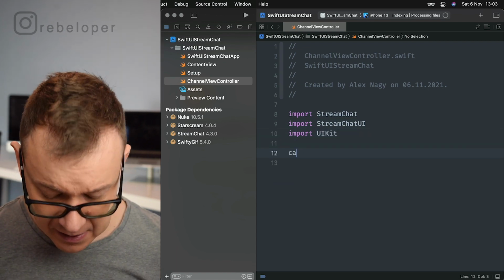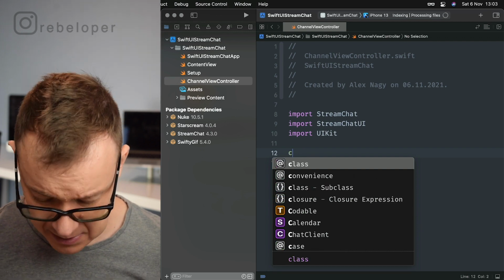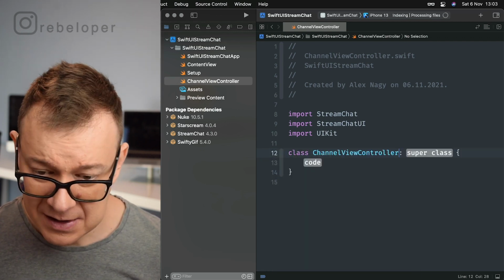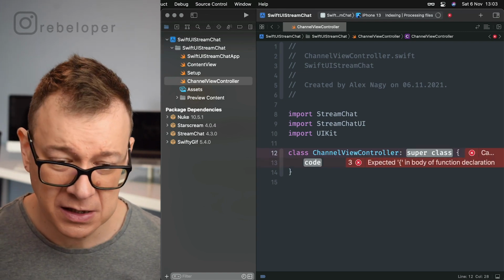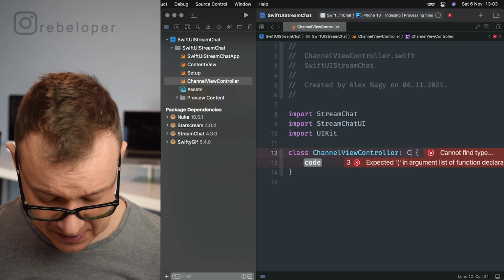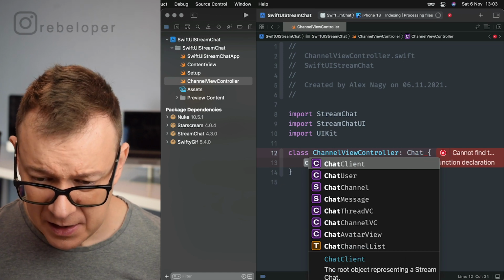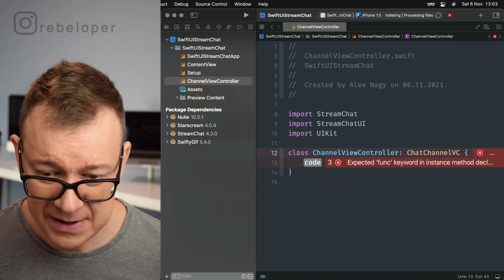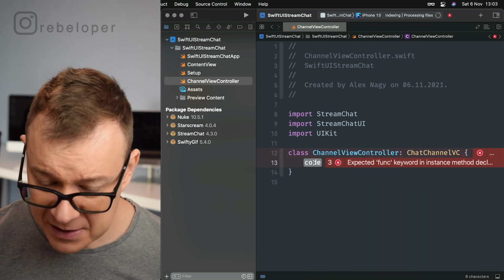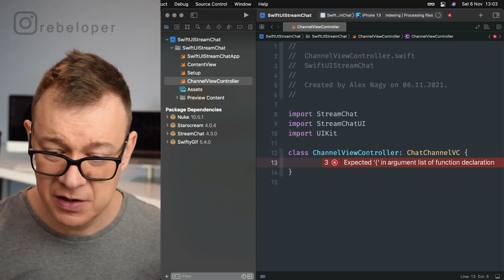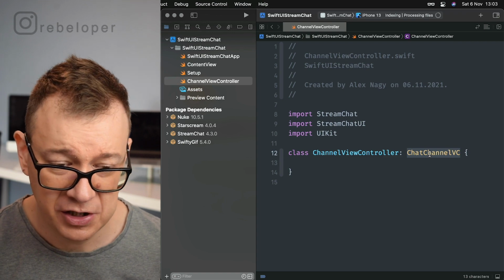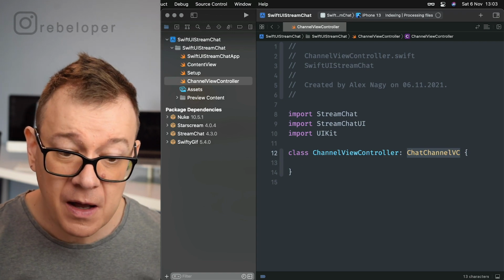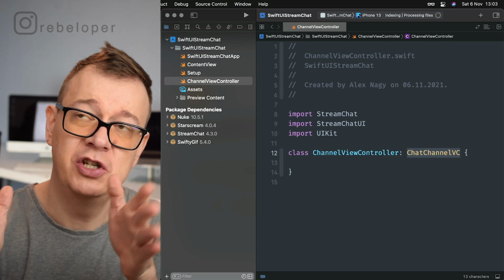Because this class named ChannelViewController will be a subclass of ChatChannelVC. So all you have to do is just create this ChannelViewController that is a subclass of ChatChannelVC. That is kind of the chat channel.